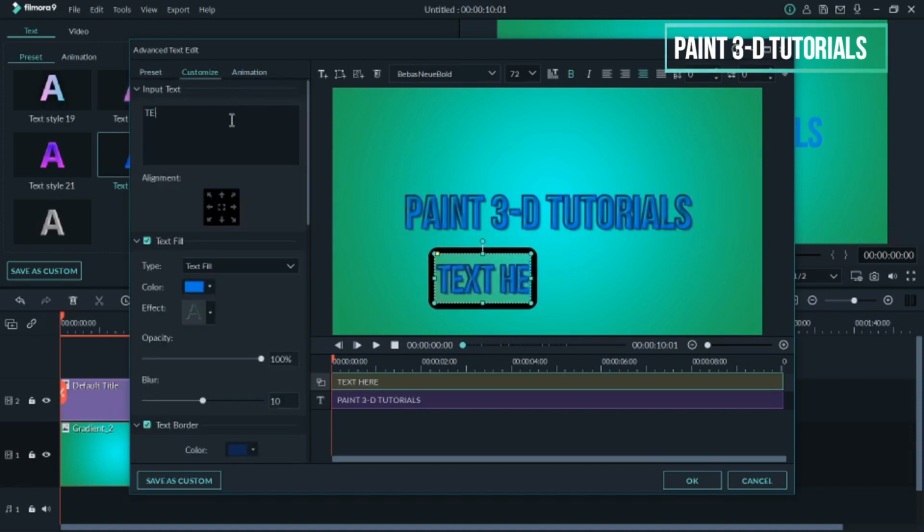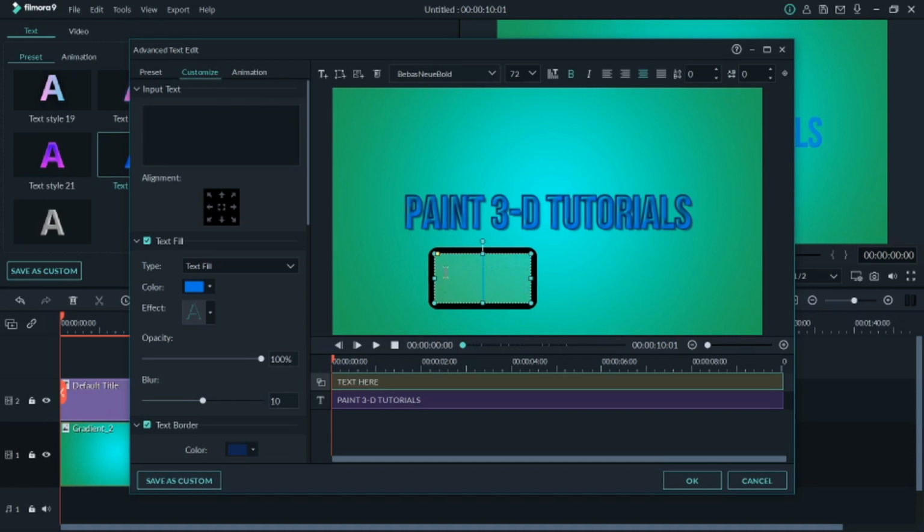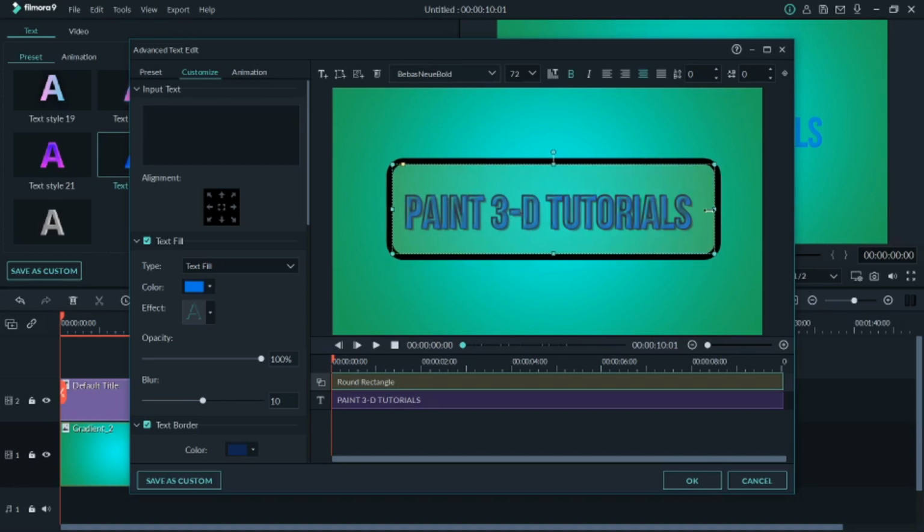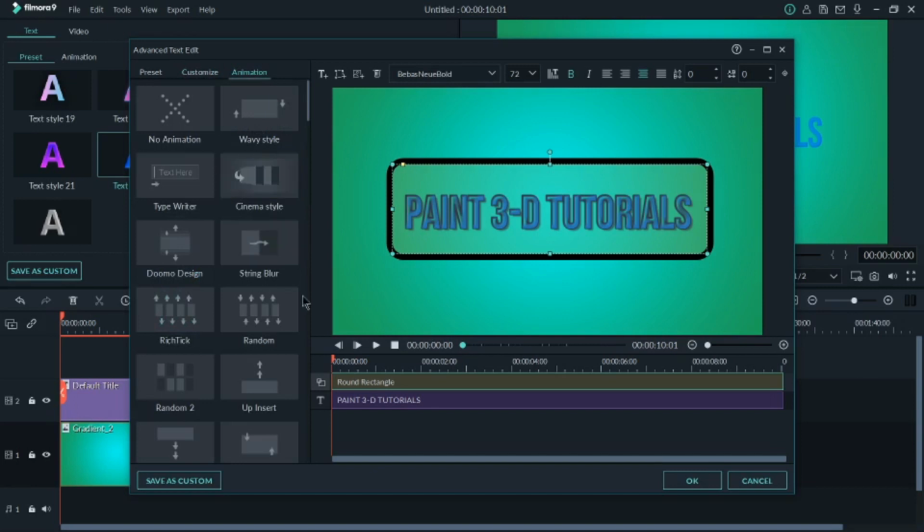I just want this rectangle, so I'll drag it to my text here. And also you can put animation to your shape. So I'll be taking here string blur.